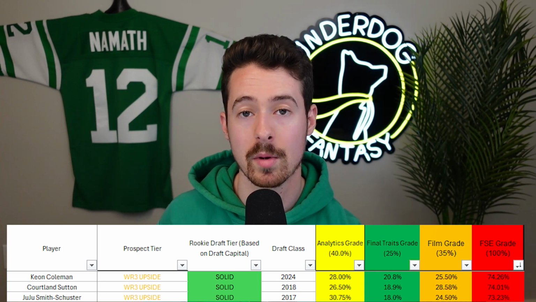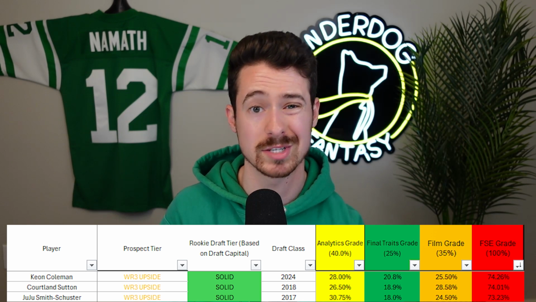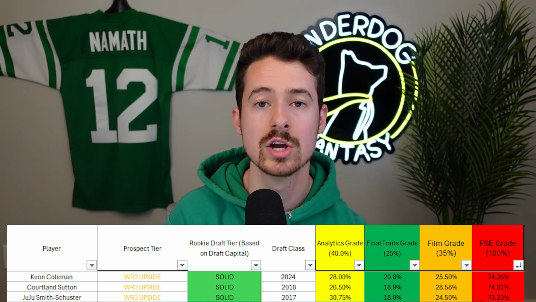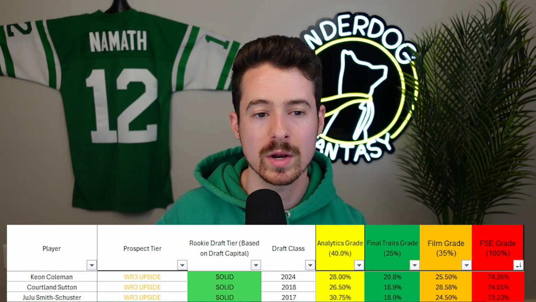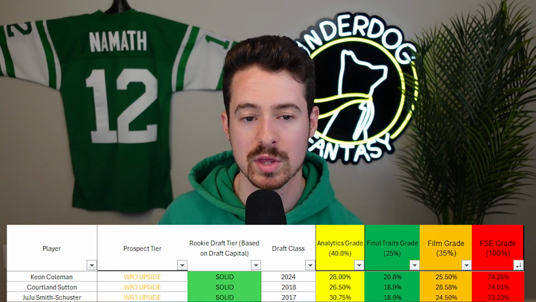But he did hit a lot of the marks in age-adjusted stuff, did hit a lot of the marks in terms of traits, because outside of his 40 time, he's an athletic dude and had good film traits that you saw show up in the numbers. And he had pretty good film, generally speaking, so my film grade was kind of high on him as well. So Keon Coleman, Courtland Sutton, as well as JuJu Smith-Schuster are the names that popped for me with Keon, because